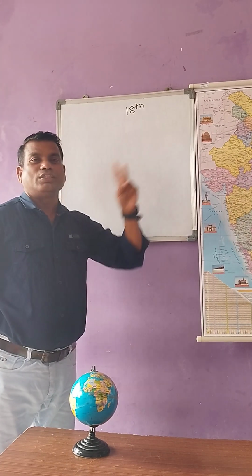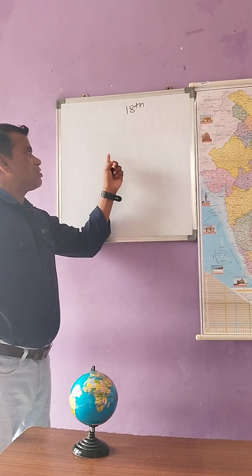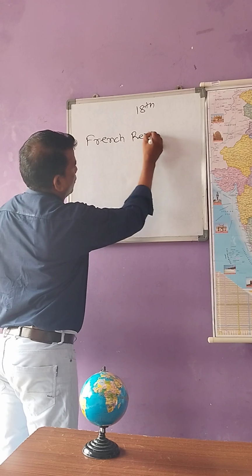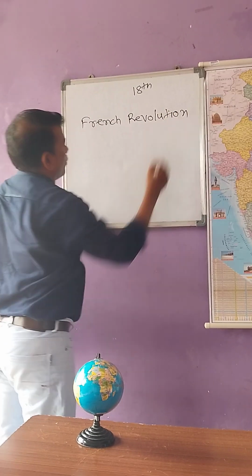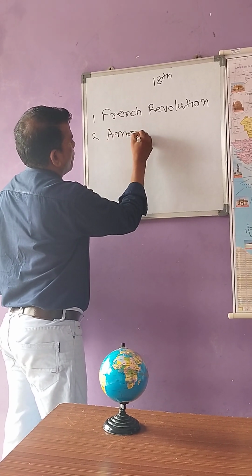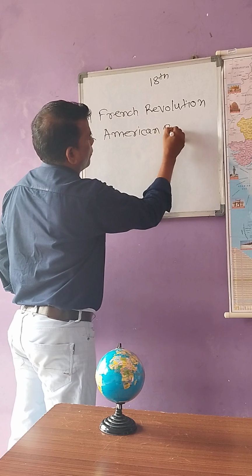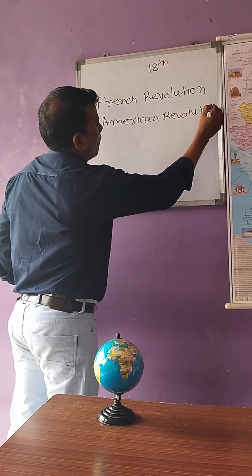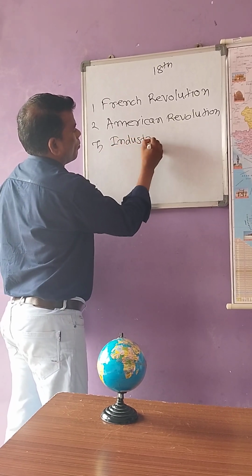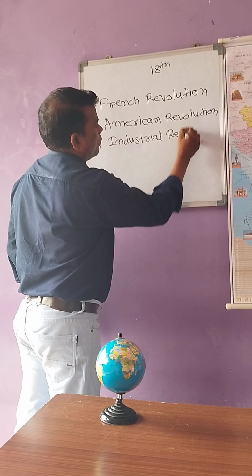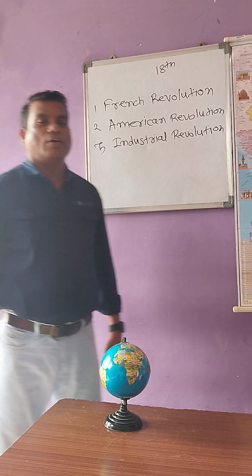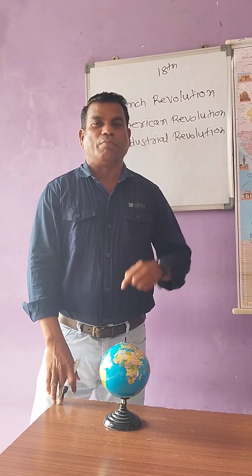The 18th century is well known as a century of revolution. In this century, three revolutions occurred. The first is the French Revolution, then second, the American Revolution, and third, the Industrial Revolution. Today we will focus on the French Revolution, because today is 14th July and it is celebrated as a